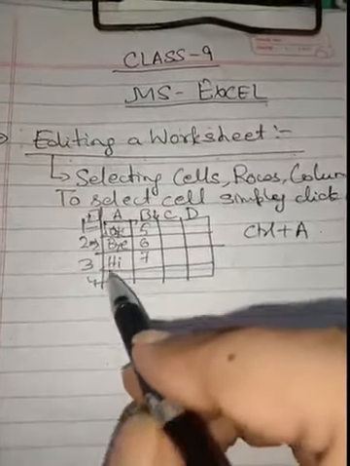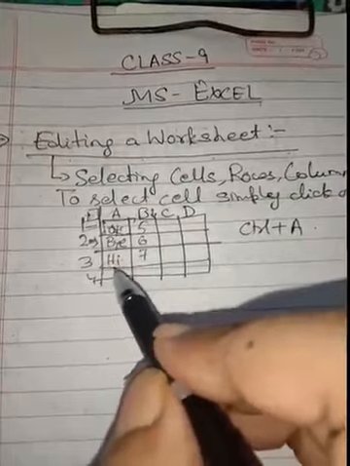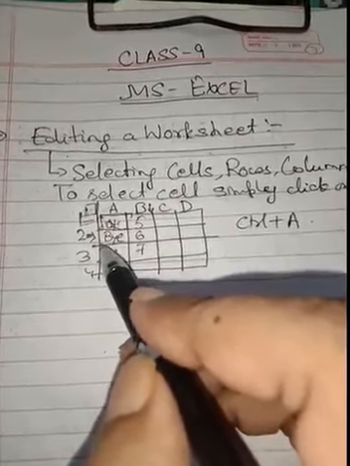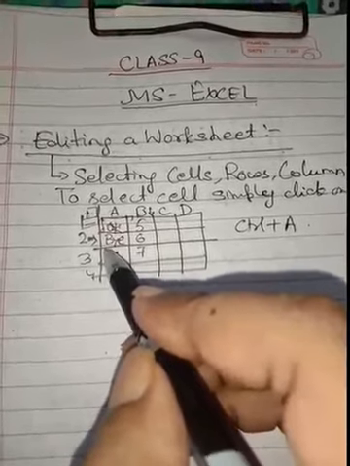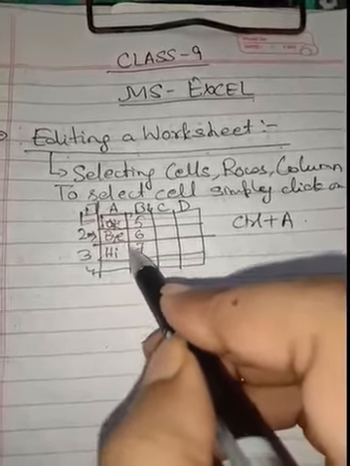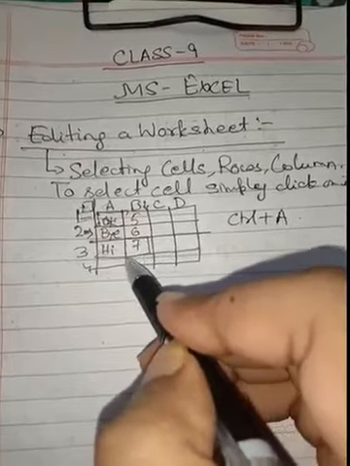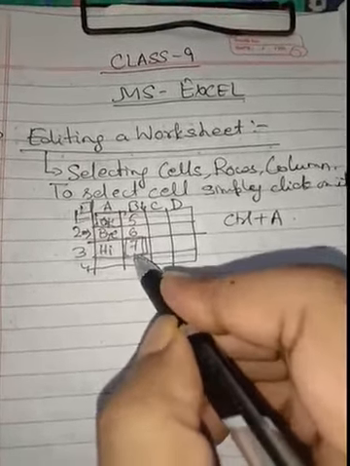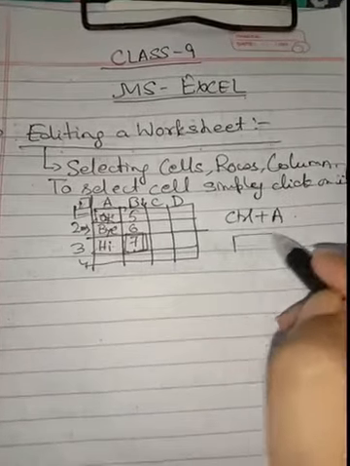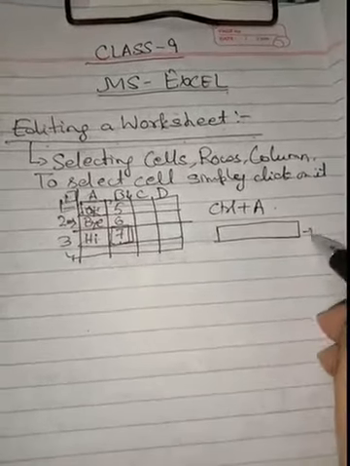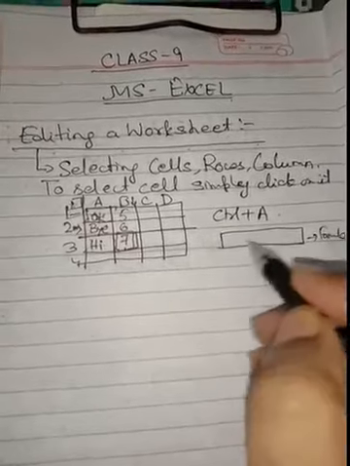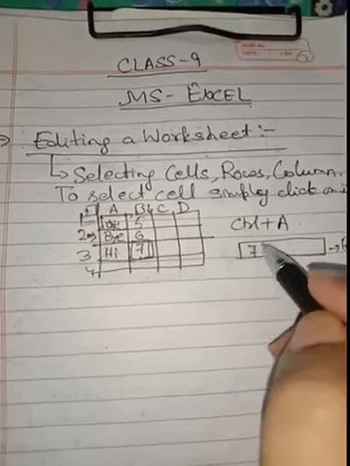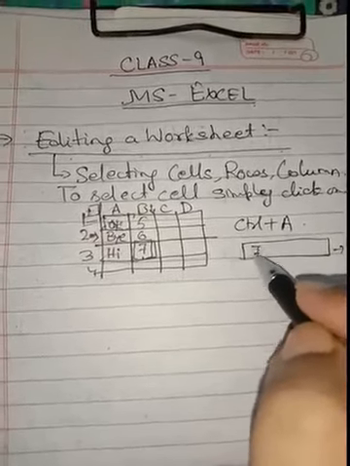Now if you want to make some addition in the cell, first of all left click on the cell in which you want to make the addition. As soon as you left click on any cell, the cell pointer will be available on this cell. Now whatever value is present in this cell, this value will be available in the formula bar. So from here you can make the necessary changes by adding some new values or updating the values.